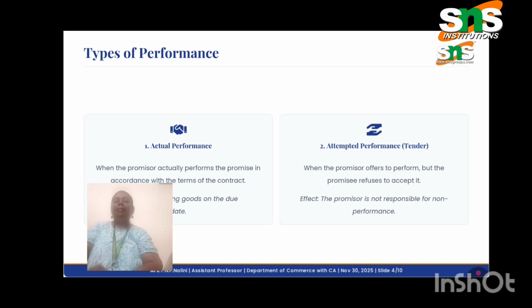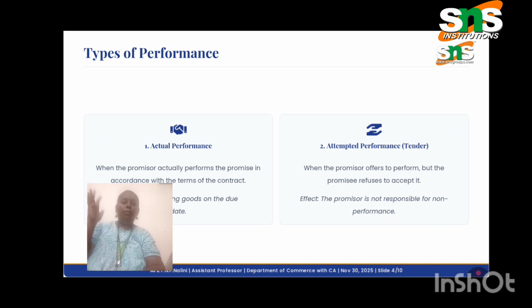Next comes the attempted performance. It is nothing but a tender. A person is ready to do the work, but the other person refuses. For example, the seller brings some goods, but the buyer refuses to accept it. See, we go for shopping. In all places, we will not get all the things. In some shops, we will say, okay, I'm not satisfied with the material you have, or the rate is not suitable for me.